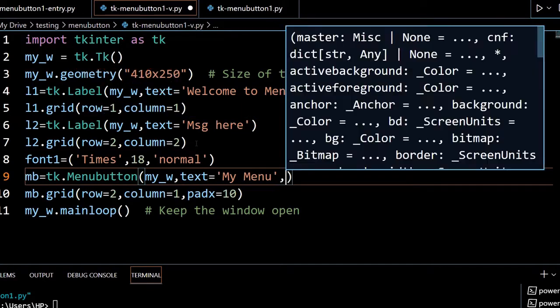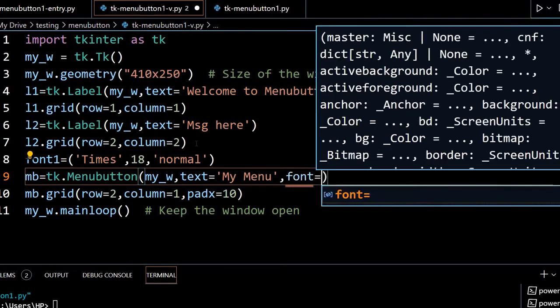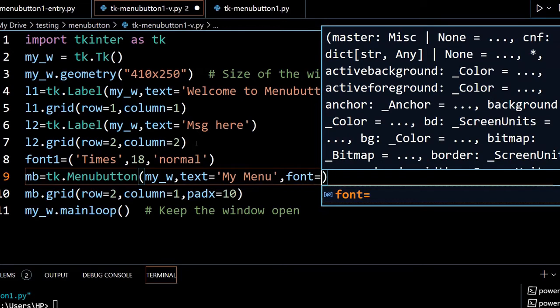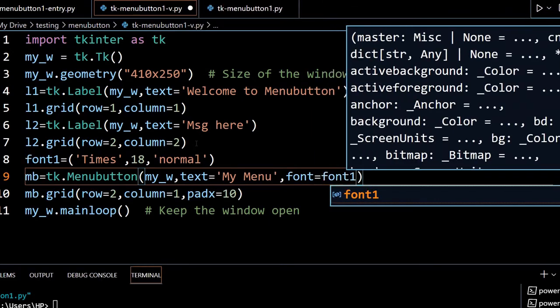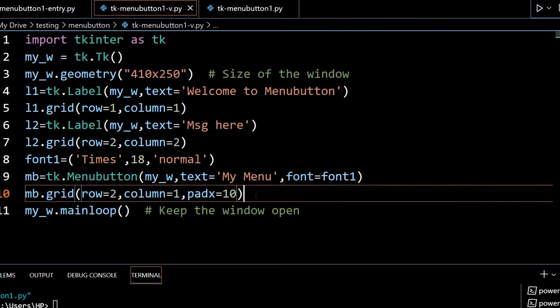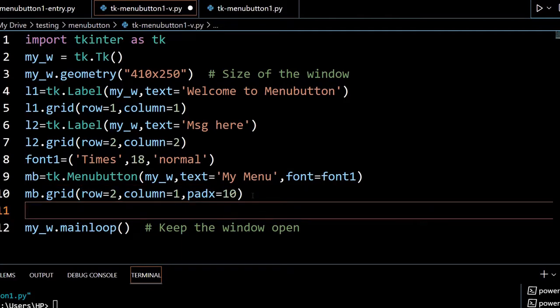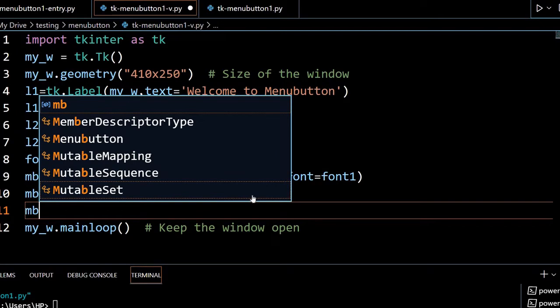Here one of the options I am placing is font. It is there with button, entry, everywhere. So for this option I am setting font1. That's all, my menu should appear now. No, I had to assign a menu then only. So the grid I have placed, now I am assigning a menu to this menu button.